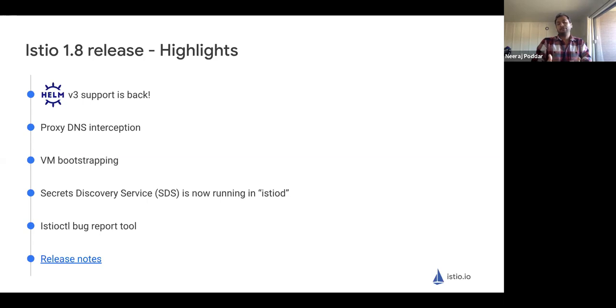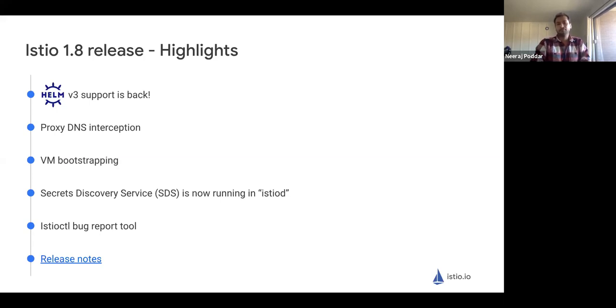We had been conducting user surveys. The user experience working group has been doing an excellent job of gathering feedback, and we had heard that many of the users are using Helm in their existing environments to install and manage the lifecycle of other applications. They have integrations of Helm, for example, with Terraform, and taking away Helm had prevented them from doing upgrades or moving to newer versions of Istio. So this is exciting. The current support for Helm in 1.8 will be alpha, and I look forward to getting feedback from folks as to what more enhancements they want, so we can make improvements in 1.9 or even in patch releases in 1.8, right?